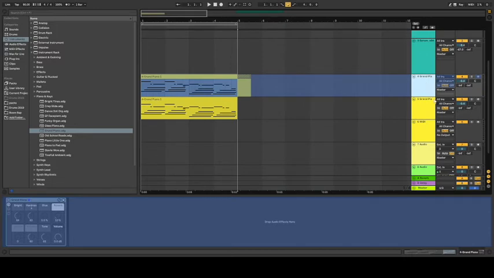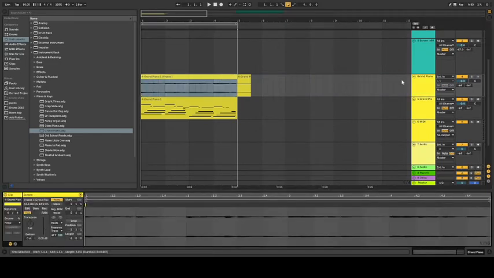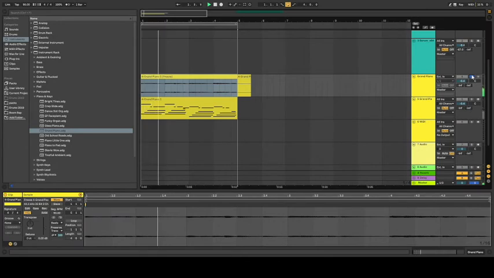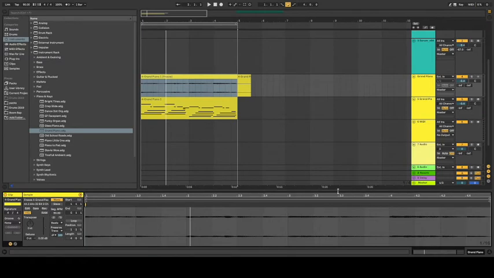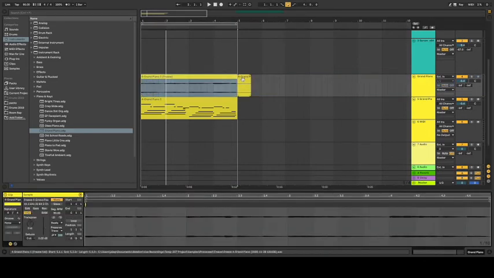If we right click again and hit flatten, that's now going to be audio, whatever you had on it when it was there. So you can't edit the notes now because it's audio. Well, you can hit Control Z and go back if you want to, but if you're set on this is what I want,